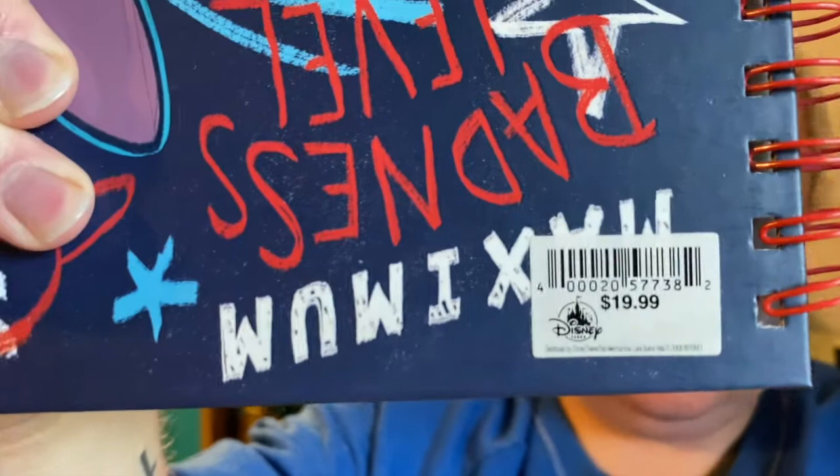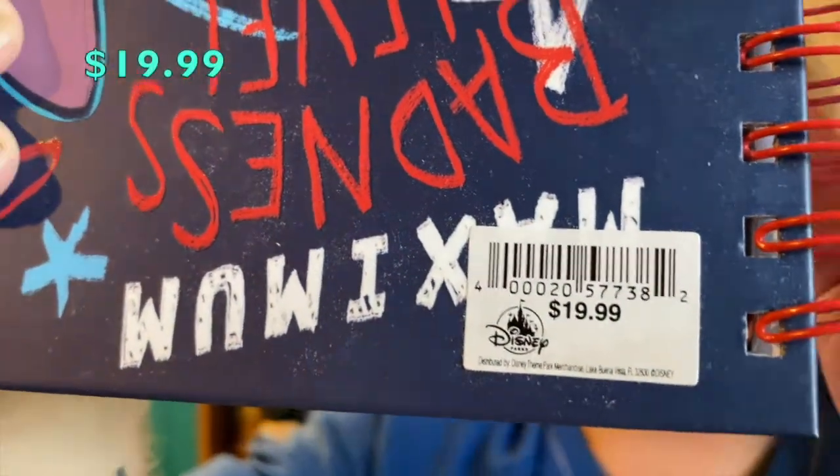This item from the parks, yes, it says Disney Parks, is $19.99. So a $20 journal of Stitch with cute little Stitch pictures in it. Very nice first item. The second item I see in my box is a Wonderground Gallery postcard, and it is